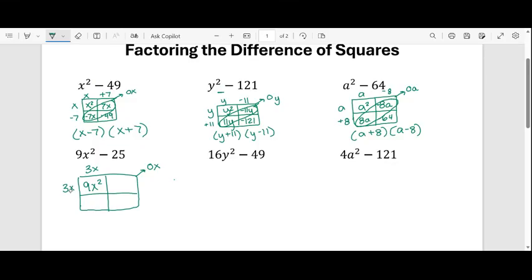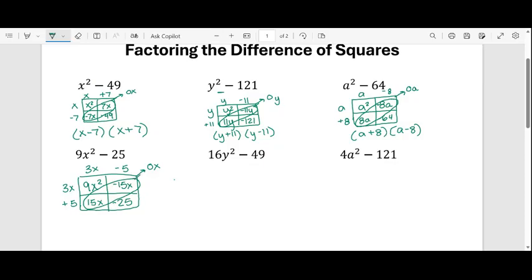And what will happen is when I multiply to negative 25, I can pick the same number with different signs, and those corner diagonal values will end up canceling out because negative 25, of course, is 5 squared. So I can use negative 5 and positive 5. Up here, I'll get negative 15x. Down here, I'll get 15x, and it cancels out exactly the same way as it did in the first 3 problems,